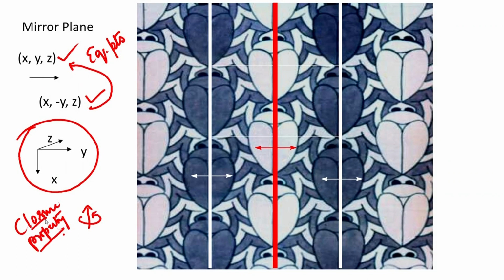Now, there are various ways in which we can approach this problem. We can go into a conventional group theoretical way of doing things, but I thought that is not the way we will go about it. Instead, we will keep in mind that when we have these equivalent points, operating on an equivalent point once again will take it back to the original, depending on what kind of situation we are in. If there is only one mirror plane operation, x, y, z goes to x, y bar, z and x, y bar, z goes back to x, y, z. This kind of thing will therefore close the whole issue.